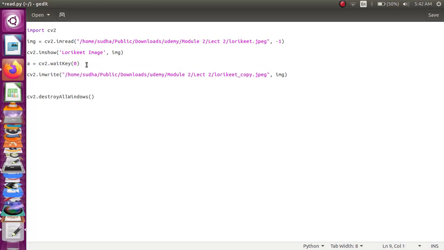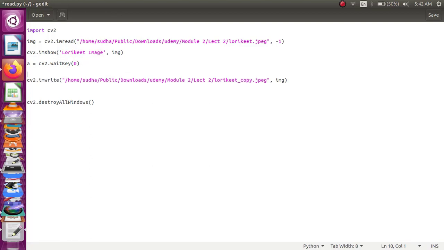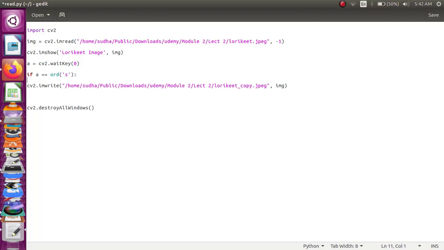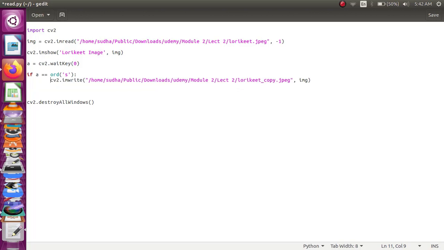Now I am going to specify my condition. If my key which is pressed is equal to the key S, then here ord is a built-in function which is used to get the value of the key. So if my key is S, then what I have to do is write the image to my path.